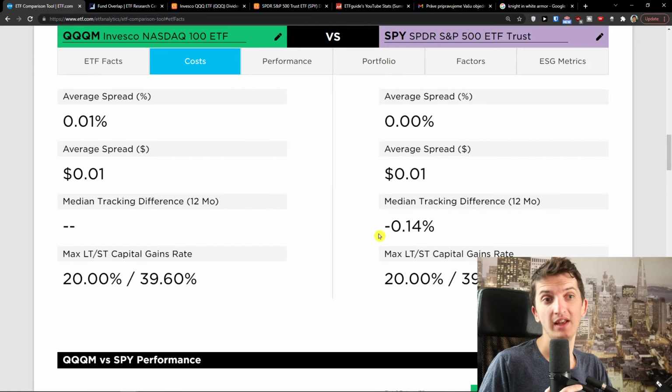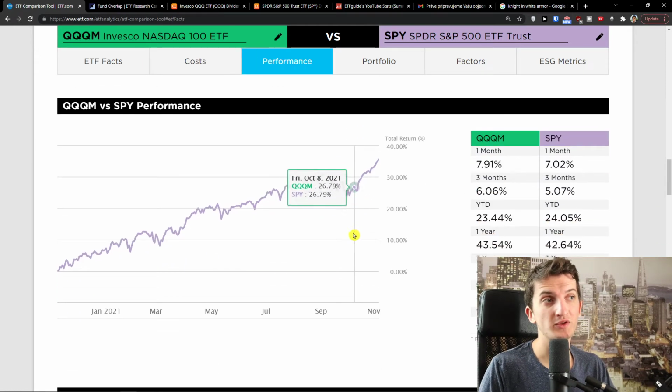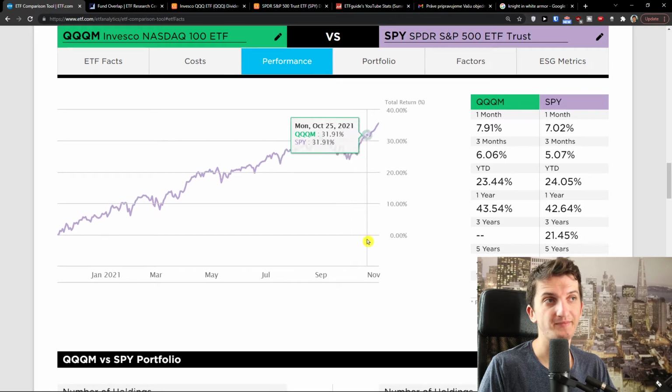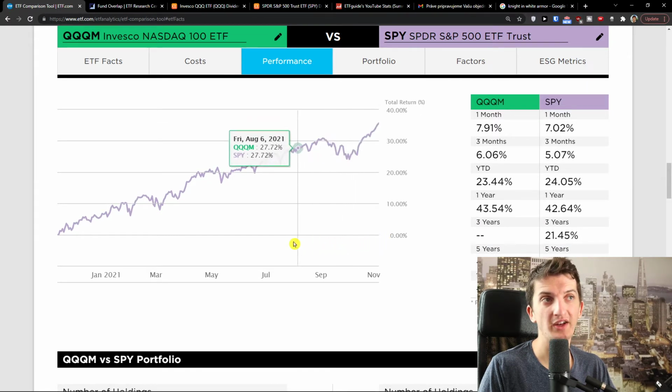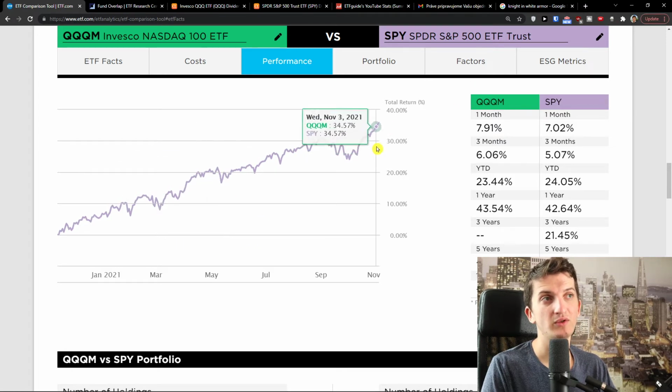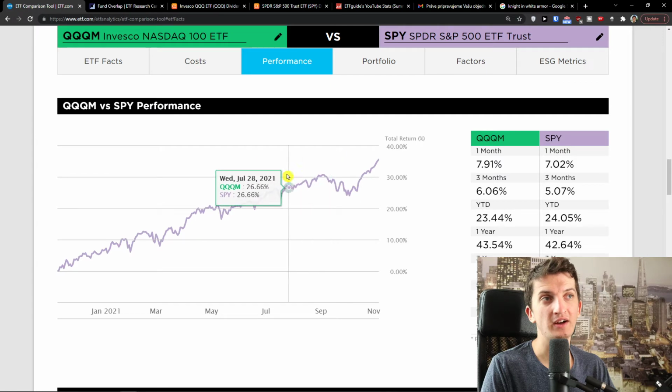But we will get to the holdings and what you can actually expect from it. Now, when we scroll down, you can also look at the performance. You could even compare it with QQQ and SPY. They are kind of similar. I can't really say that one is better than the other, but we don't know what the future will bring, so I can't really comment on the performance of both.